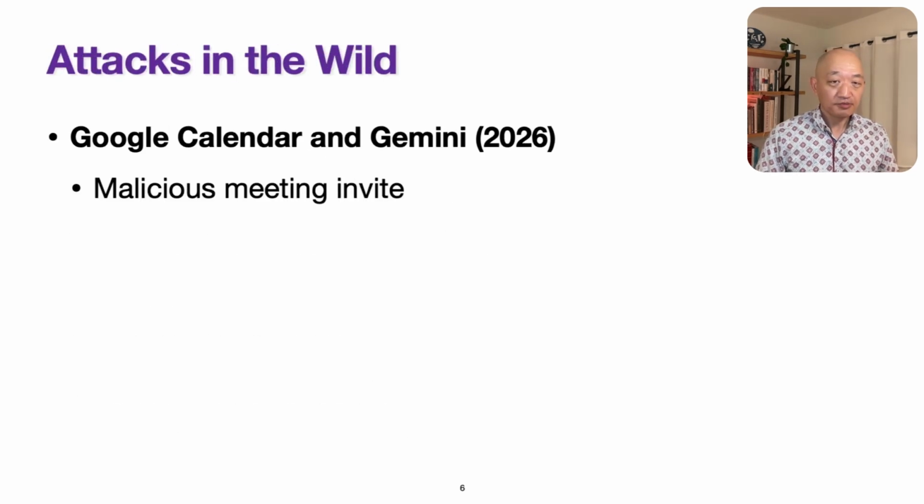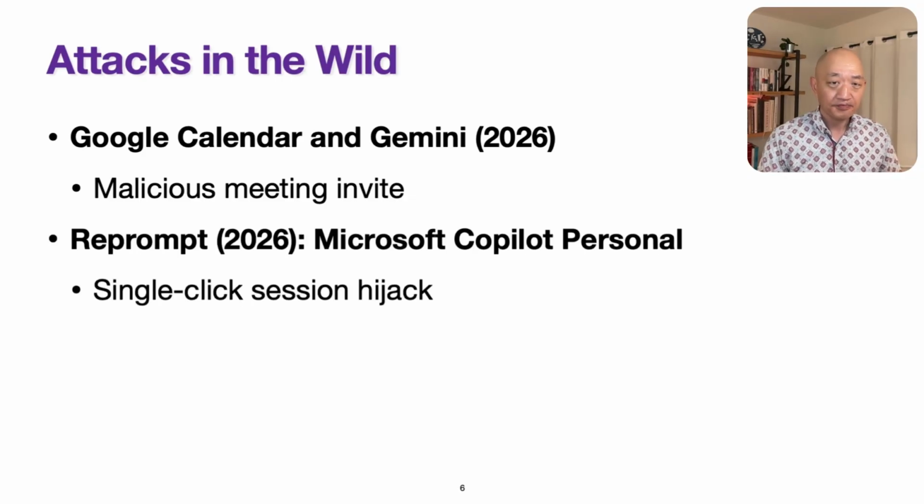Here's an example that is pretty much the indirect prompt injection example we had, where security researchers found that meeting invites with the right kind of payload could trick Gemini into giving the attacker access to the victim's private calendar data. The reprompt attack is a Microsoft Copilot personal deep link with a malicious payload as query params in the URL. So when the victim clicks on the URL, then the prompt is performed and the attacker gets access to